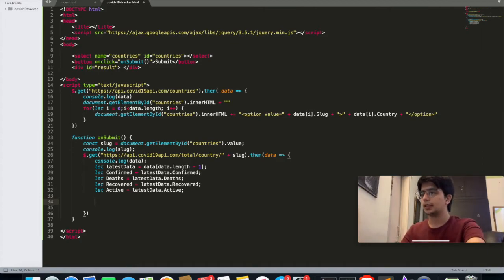Okay, now let's just display these details in our result field. So to do that, we select that particular field. So we go document.getElementById. As you can see, I've given it an ID of result on line 11, which is right here. And for that, I will just say innerHTML. For now, let me just say h2 confirmed cases, and let me say